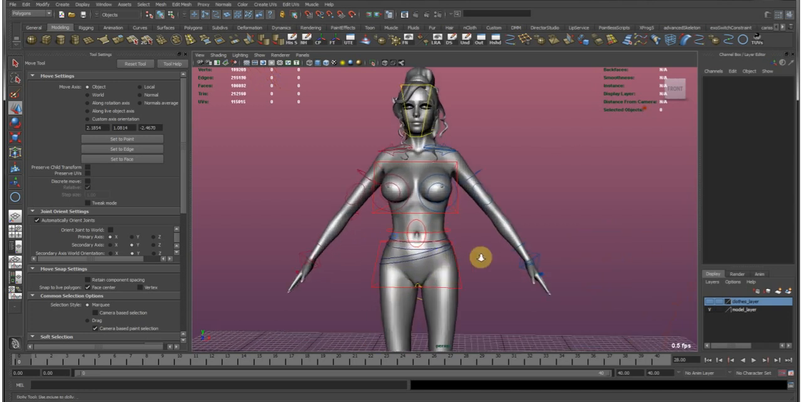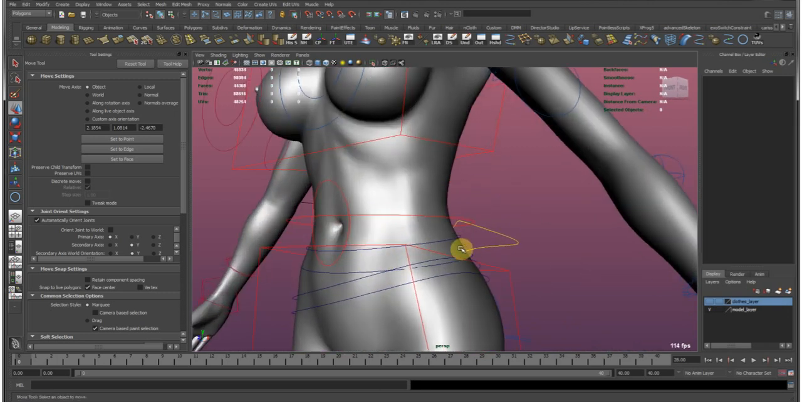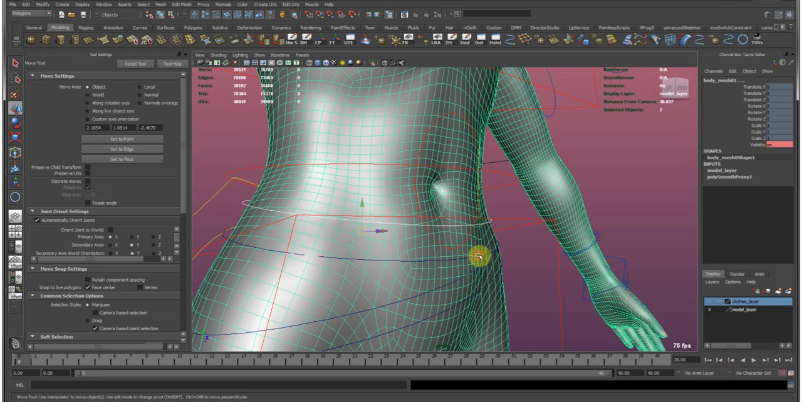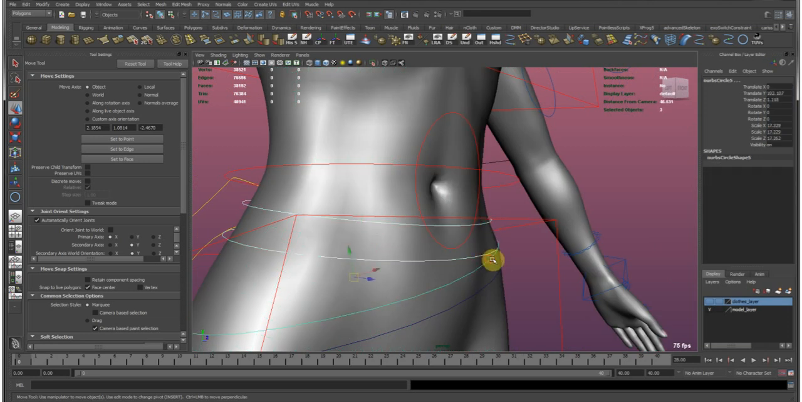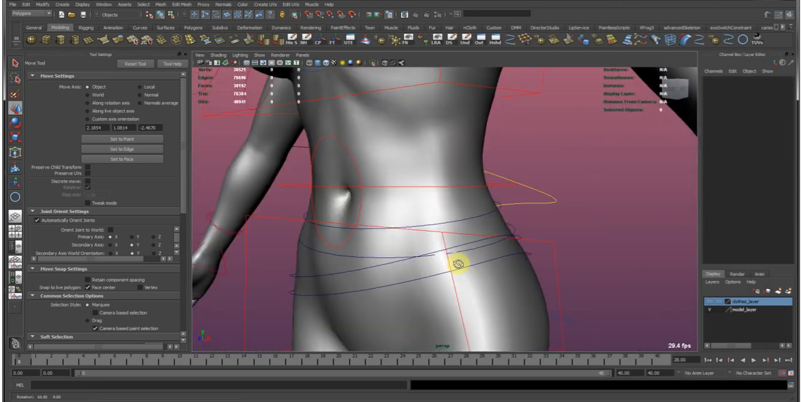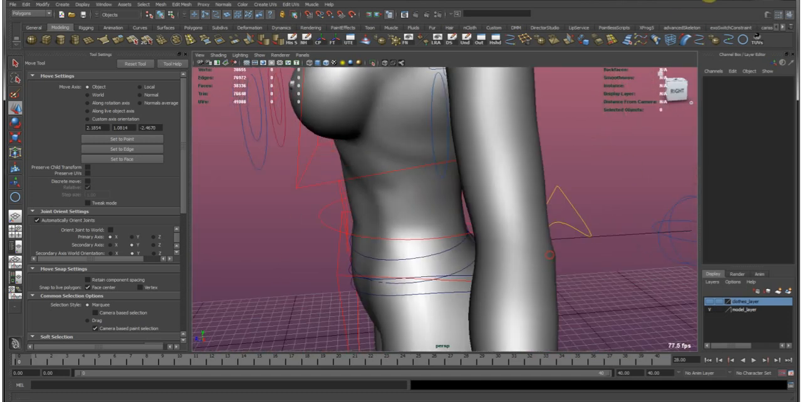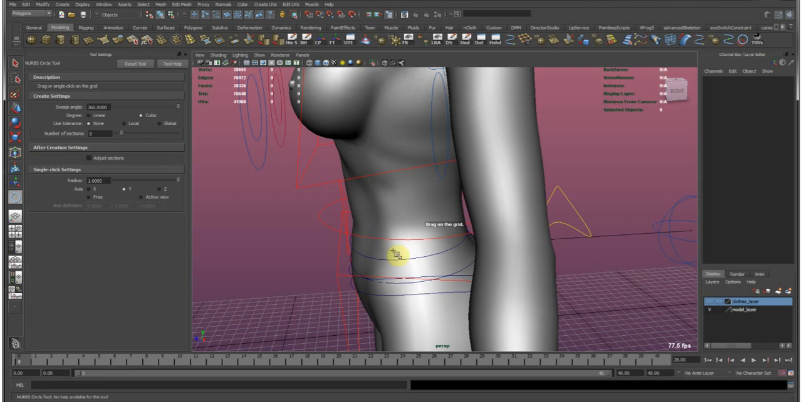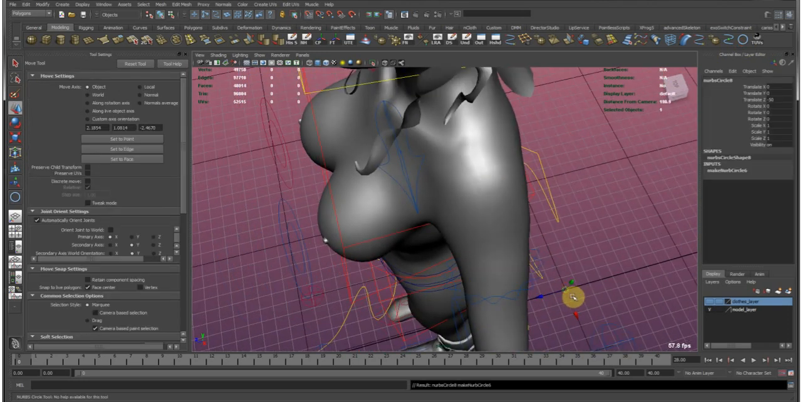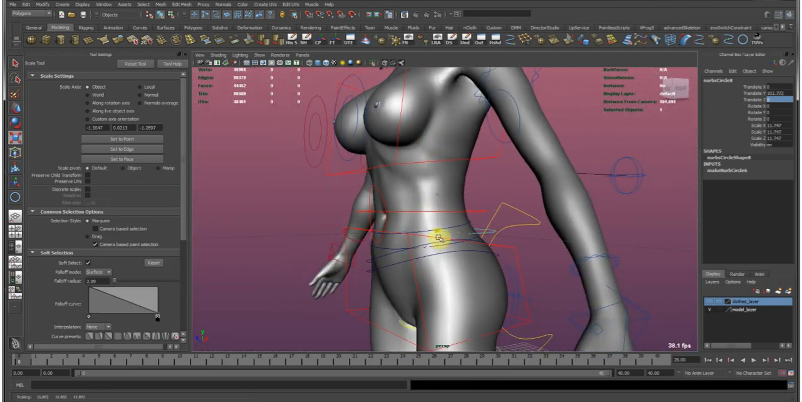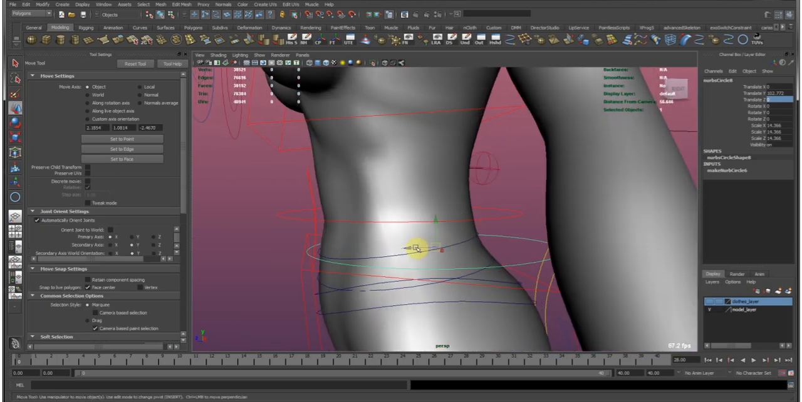So, well, I already got something done here. These curves are the belt curves. Just to show you how I made those on the character itself. It's really easy. I just created a NURB circle, placed it right in the middle of our character, scaled it up,